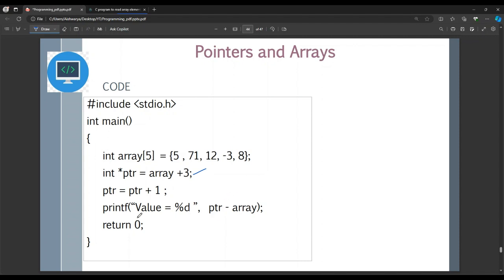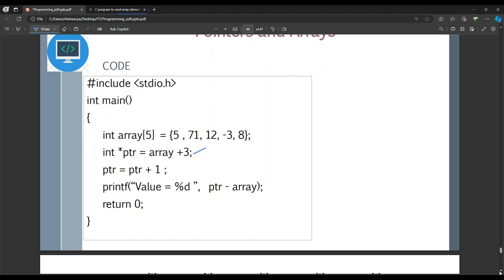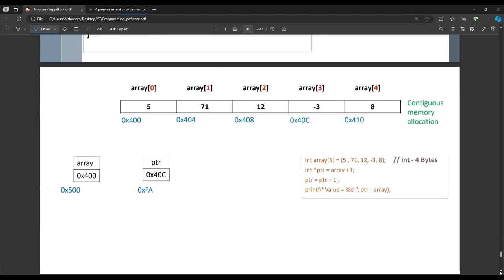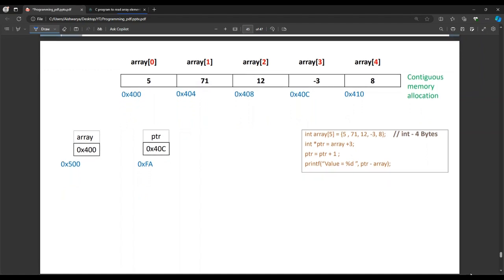So what is the output of this printf statement is what we have to analyze. Whenever a coding question is given on pointers or arrays, it is better you put a format like this. For loops and all, as I told in the previous video, you put a table, but for arrays and pointers you put like this.